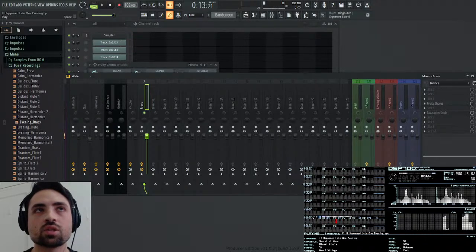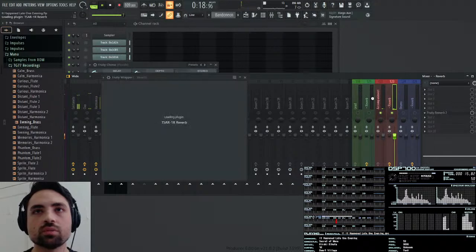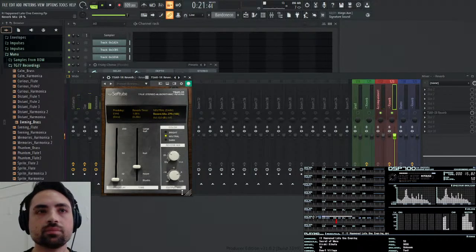Yes. So let me change this reverb to TSAR1R. Nice.